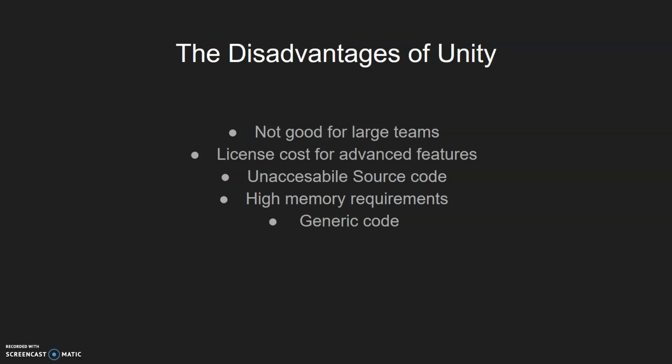Also, Unity applications and games do have quite a high memory requirement, and that's basically because you have so much stuff running in the background with Unity that you may or may not be using, but it is there running to support all the functionality of Unity. And of course, this is where the term generic code comes in as well, because Unity is basically built to support so much that if you're doing a relatively specific thing, you're going to have a lot of background code and files and dependencies that you're not actually going to be using, but they're built in there to support that kind of multi-platform,